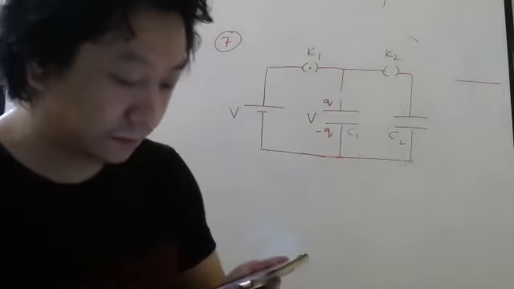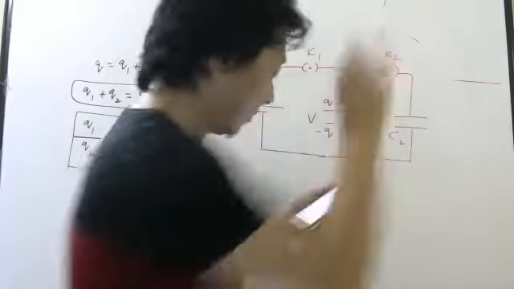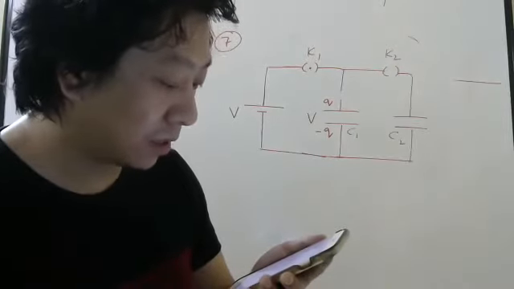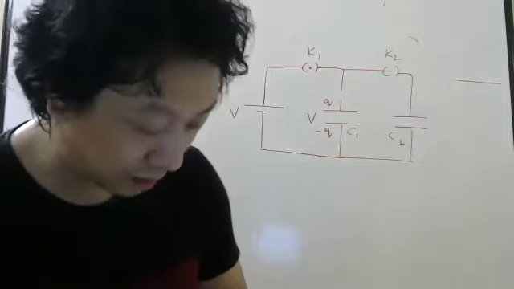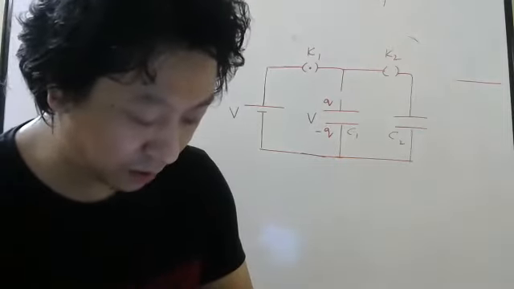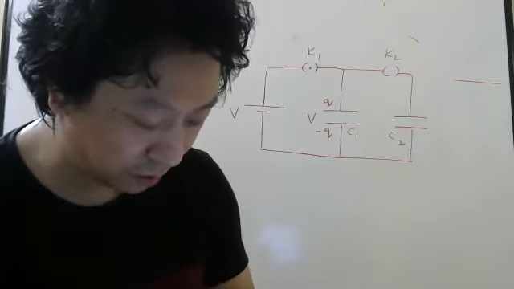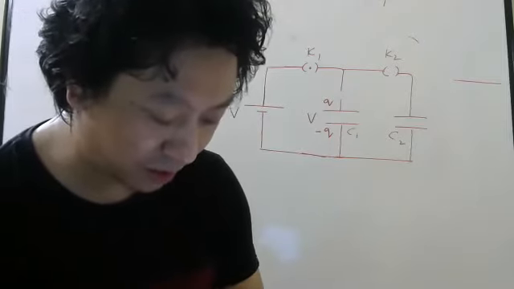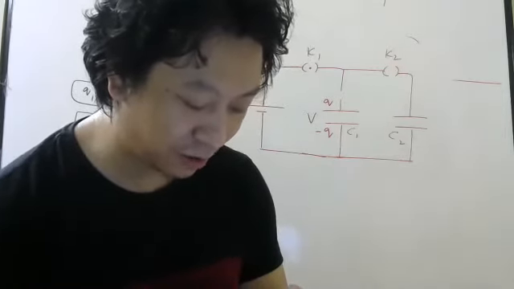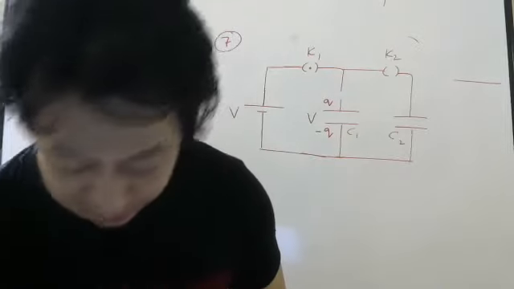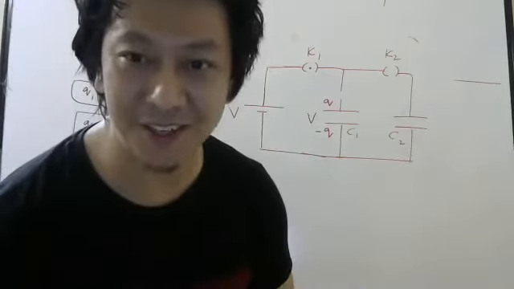Now let us read the question. The key K1 is now opened, and then K2 is closed. Take Q1 dash and Q2 dash as charges on C1 and C2, V1 and V2 as voltages. Then what are the right options? A: Charge on C1 gets distributed such that V1 is equal to V2. B: Charge on C1 gets distributed such that Q1 dash is equal to Q2 dash. C: Both A and B are true only if C1 is equal to C2. D: Both A and B are always true.